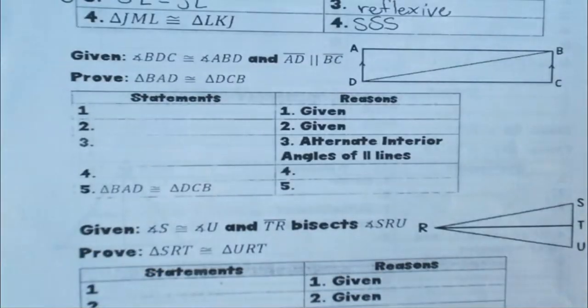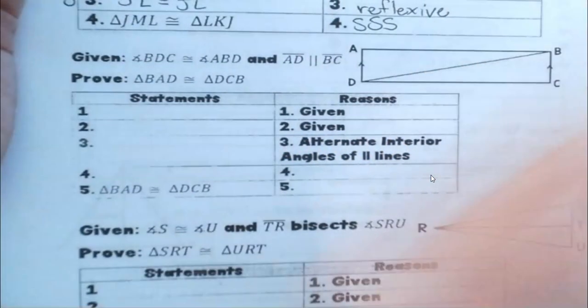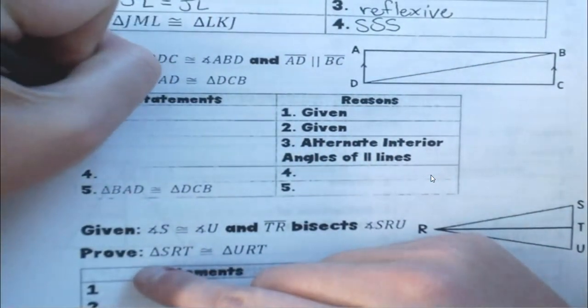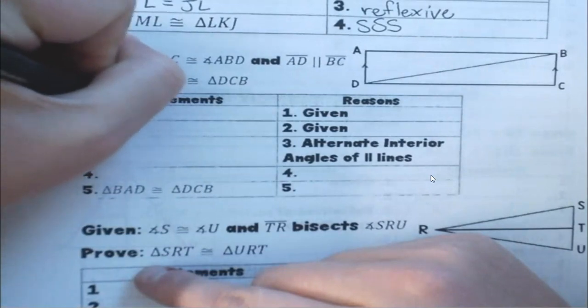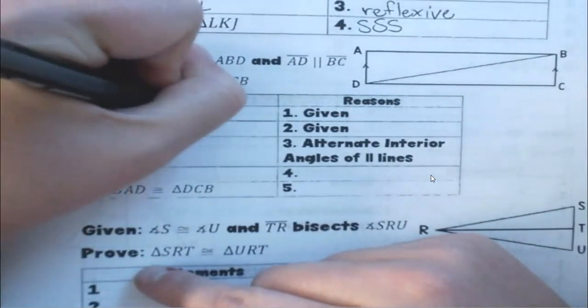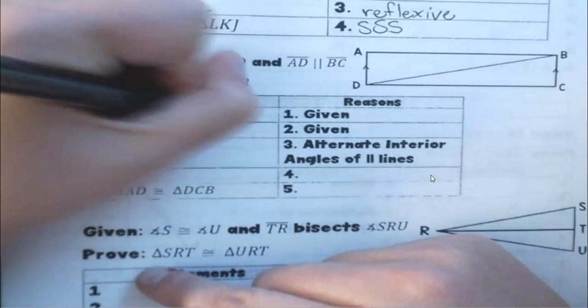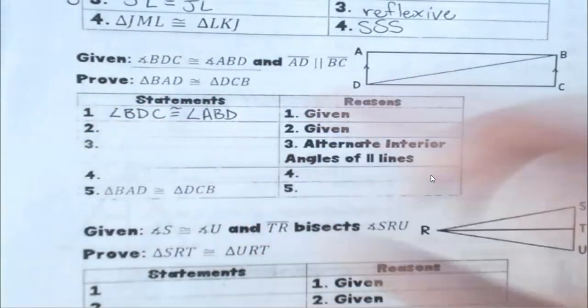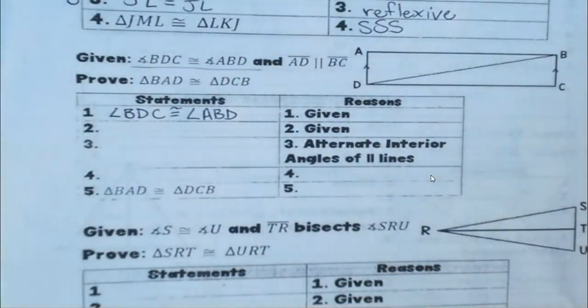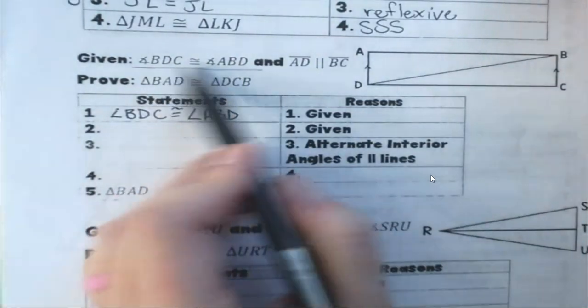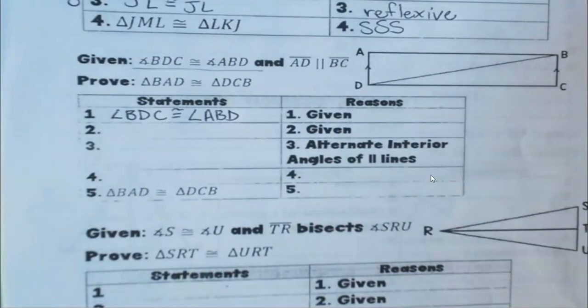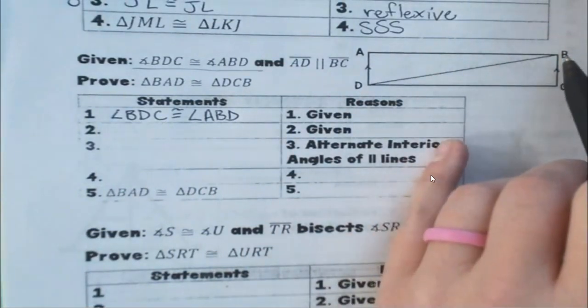Okay, so we're going to move on to the next one, and there's two things that are given here. The first thing given is that angle BDC is congruent to angle ABD. So write that out, and that literally comes straight from there. I copied it down. I'm not thinking of anything to figure that out. But now we've got to find those and actually mark them on our picture. Things won't always be marked on your picture to start with. Sometimes they're written, and you have to mark them yourself. So let's do that. So let's find BDC,